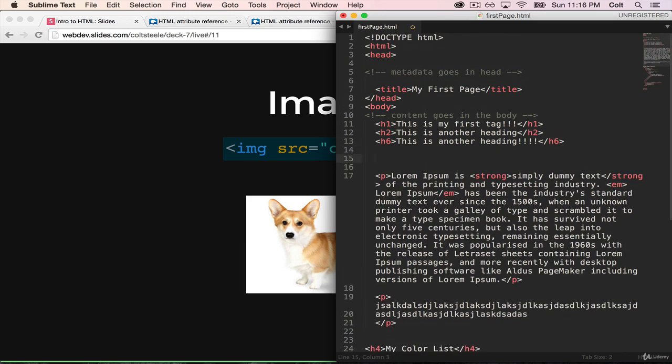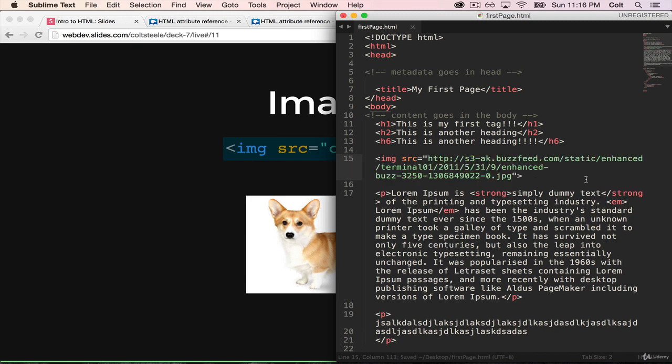So let's go anywhere on the page, and we type the word img. We do not need a closing tag, so we don't do this. This is a self-closing tag. And then there's a single attribute that we must have, which is src, stands for source, and it's the URL of the image that we're trying to make this tag use. So that URL can be something that is hosted. So